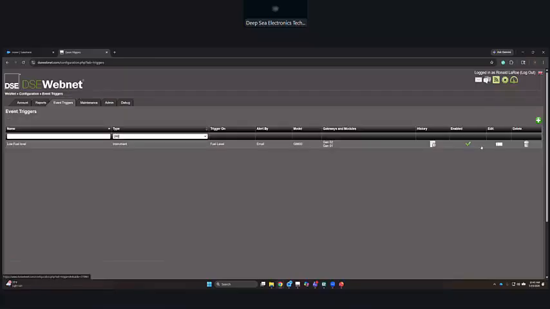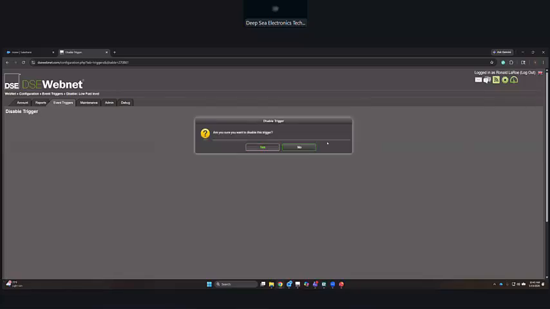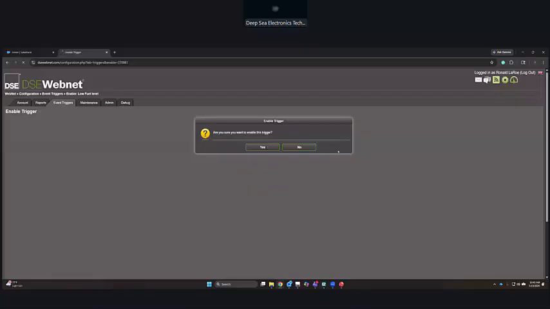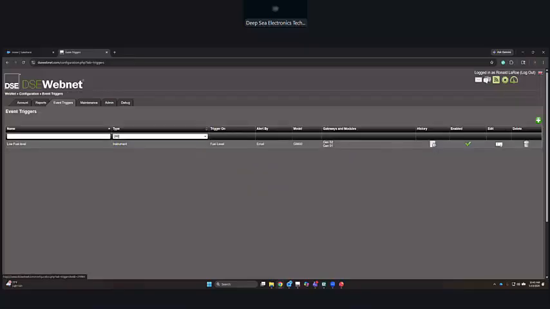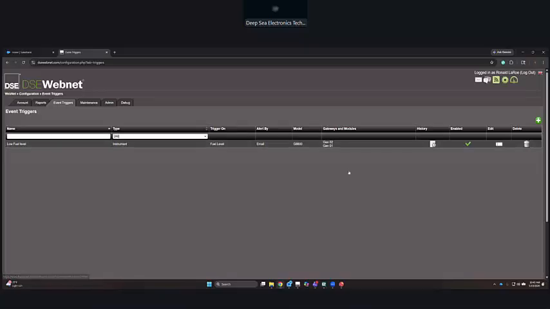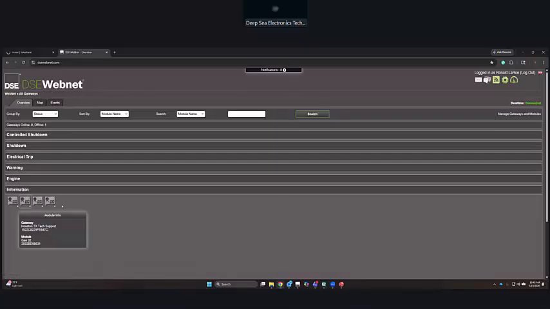You can enable it, or you can check it and you can disable it so you don't have to delete it, or you can click on that X and re-enable it as well. You've got your edit button, which would then just take you back in here where you can re-edit your event trigger, or you can delete it. So now what I can do is I will come back over here and